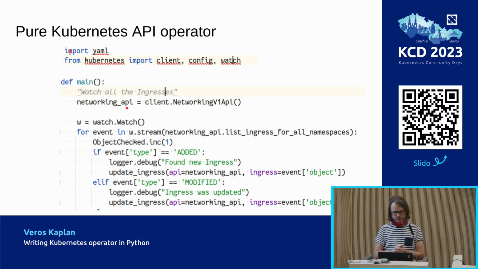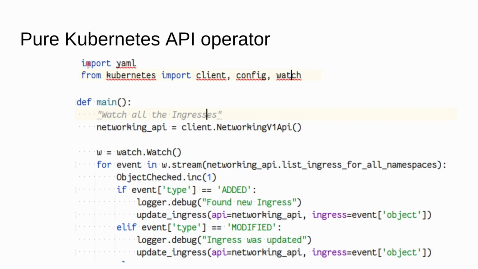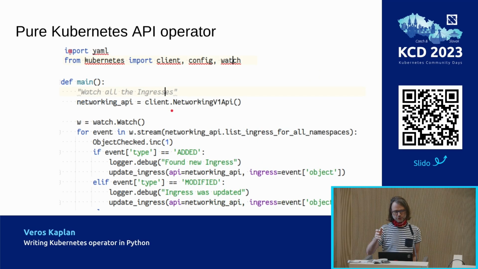This is an example for my very first try at how to do a Python operator. We tried to modify some ingresses. So in Python, it means just open the networking API. Okay, please get all objects from the API. This is the control loop. Please list or watch all ingress objects in all namespaces from the network API,